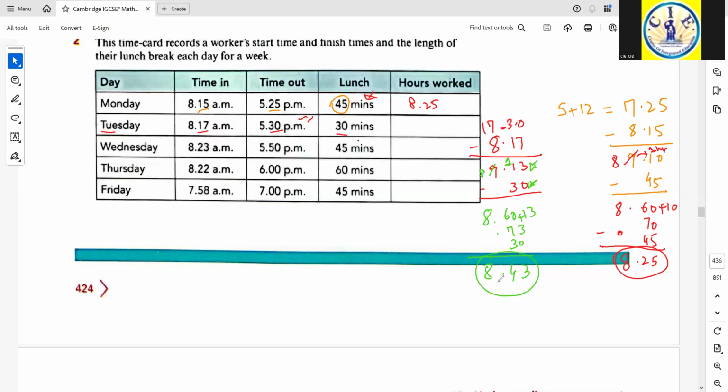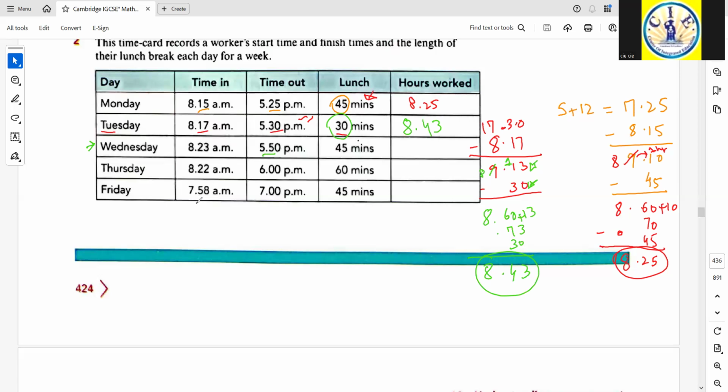So this is the final answer, 843. The total hours worked at the workplace, excluding the lunch time of 30 minutes, is 8 hours and 43 minutes. Okay. And the same pattern for Wednesday,